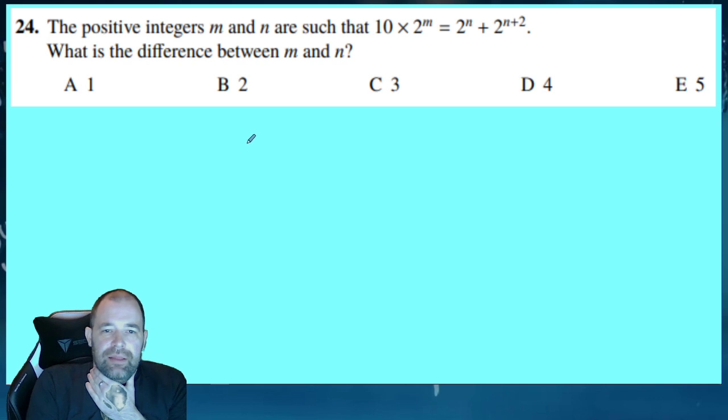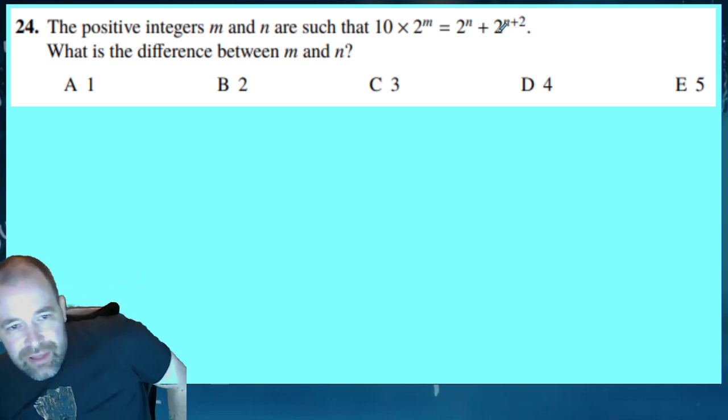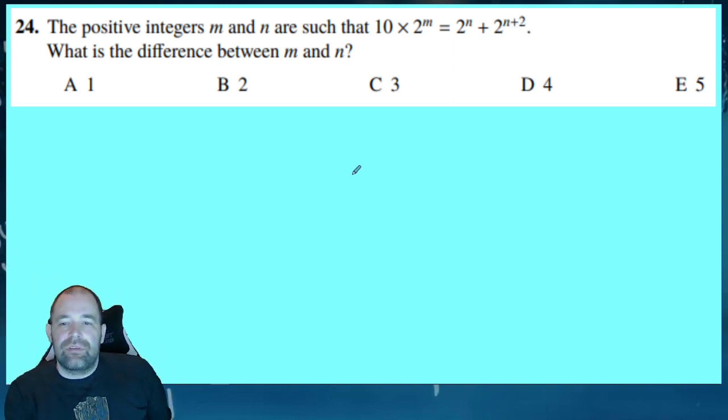Positive integers m and n are such that 10 times 2 to the power m is 2 to the power n plus 2 to the power n plus 2. What's the difference between m and n? Oh dear. Positive integers m and n are such that 10 times 2 to the m